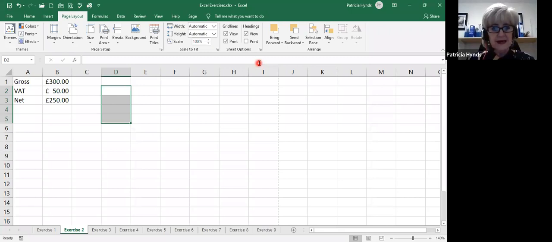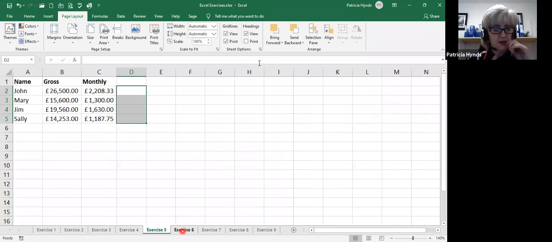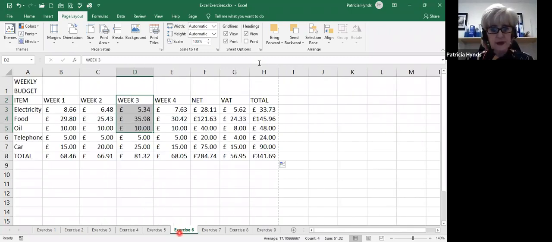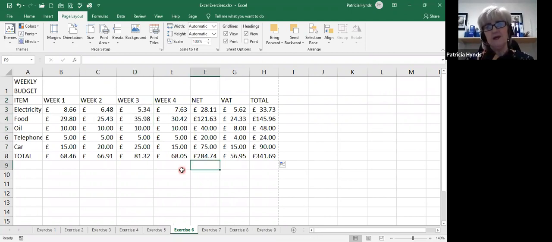Right, I'm going back to the weekly budget exercise, which is exercise 6. Now, a little shortcut, folks. Let's say I went into your place of work and you said to me, look, Patricia, look at our spreadsheets and see if they can be improved, or see if we're doing anything wrong. Now, the first thing I will do, I will go in and I will display all the formulas